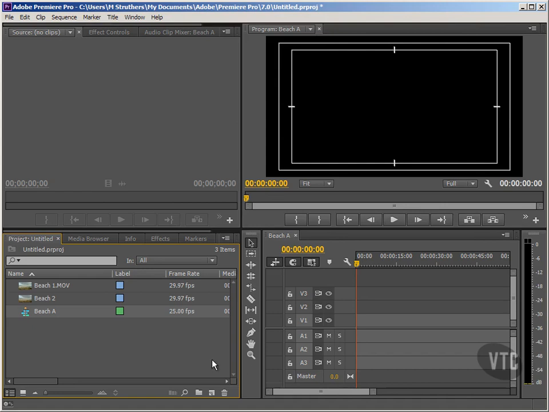This Beach A sequence has been brought into our project panel. And over in the sequence panel, you'll see a new tab has been created with those preset track count parameters in place. Okay, now I'm going to finish up for this tutorial, and in the following tutorial we'll look at using the source monitor to trim sections to place on our timeline, and also how to implement multiple sequences. Remember, I did say we could create a new sequence prior to trimming within the source monitor,